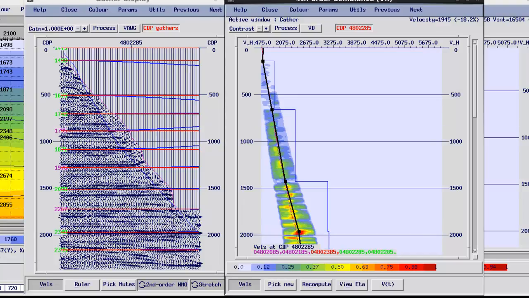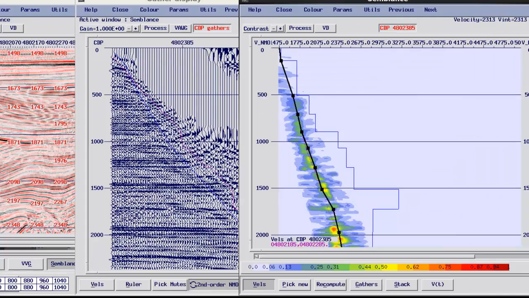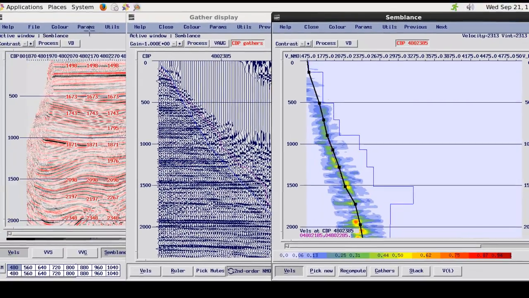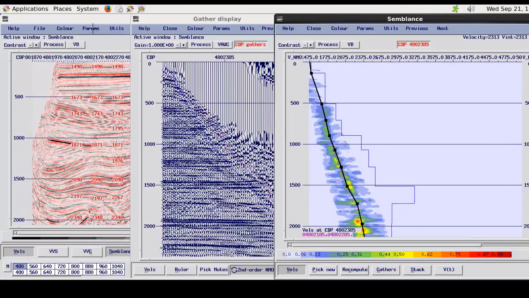Show you some of the other functionality. There is also a lot of functionality available within Claritas, in the velocity analysis package, in terms of being able to tune how you look at the data. So at the moment I've gone through and shown you basically use of variable velocity semblance and stacks and variable